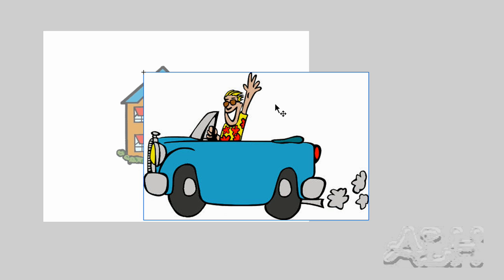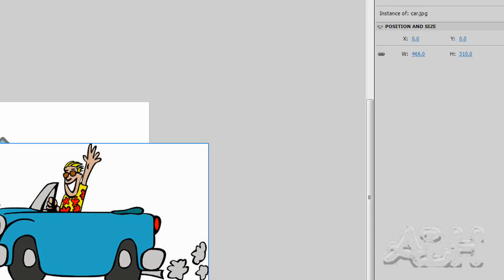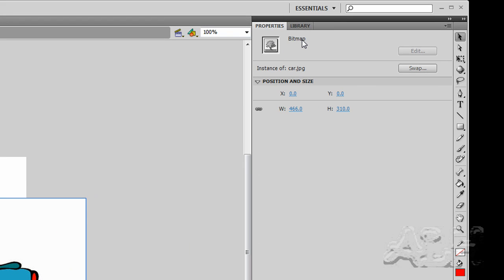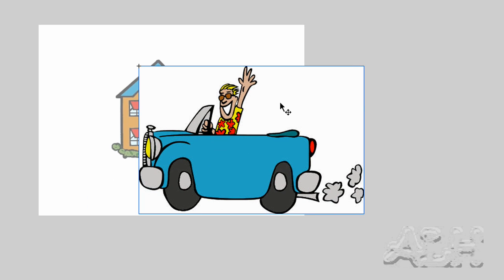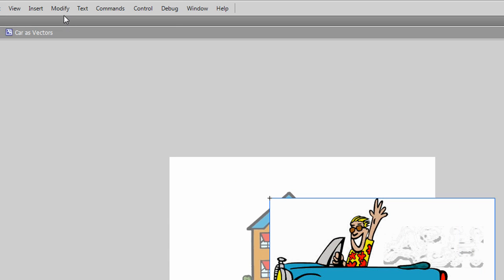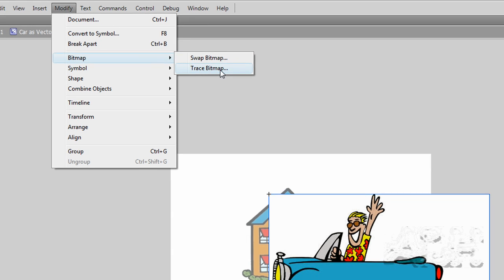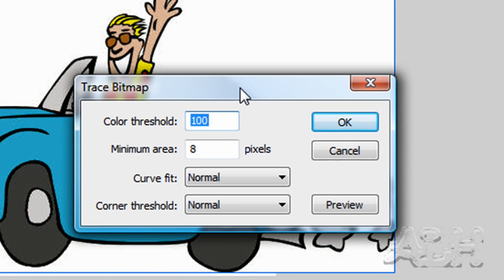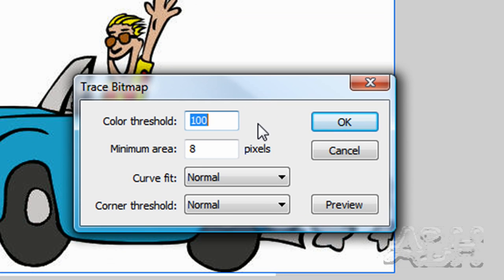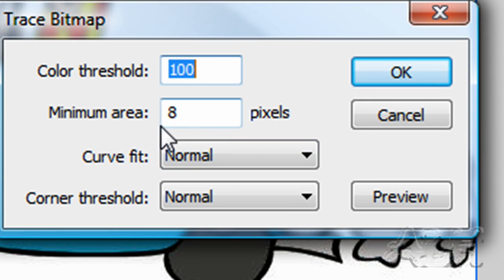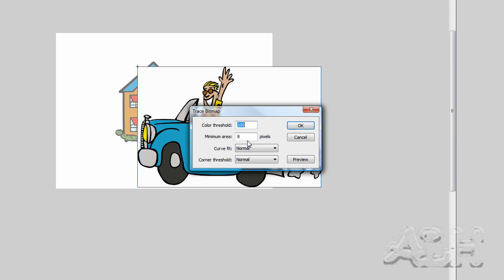And the next thing I'd like to do is to convert this from a bitmap. If we take a look at the properties, we can see that this is a bitmap that's inside of this movie clip. And so we go to Modify, Bitmap on the main menu, and choose Trace Bitmap. And then there's a dialog here that has a lot of mathematical and statistical numbers to work with, and you'll need to work with these depending on your bitmap. For most bitmaps we can just go with the defaults, and it just depends on how many shapes and strokes you might get depending on the figures you choose here. And we'll just choose OK,